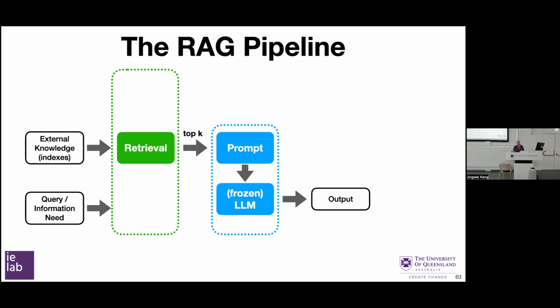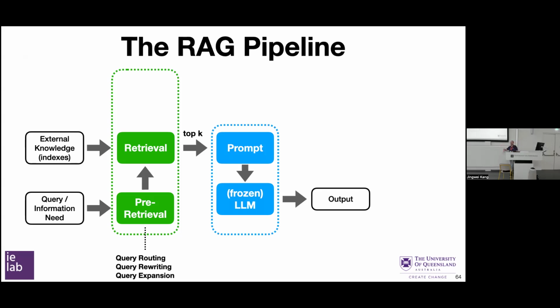Okay, so we say this is the pipeline for RAG. You can actually extend this pipeline a bit more, to use all the work we have done in information retrieval for the last 60 years to try to improve search, right? And embed it into your RAG pipeline. So you can do pre-retrieval tasks. Before you send your query to the search engine, you can do things like query rewriting or query expansion or